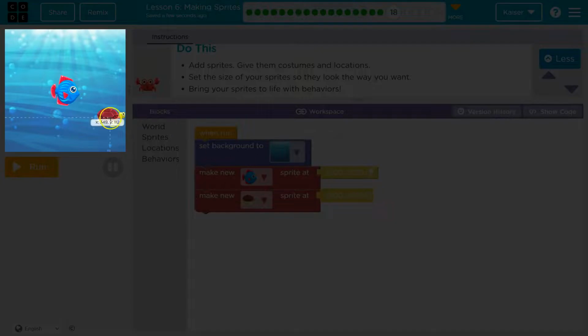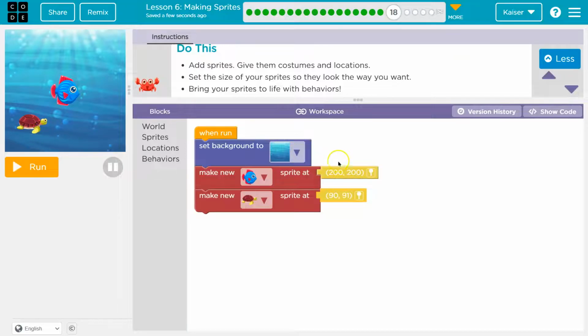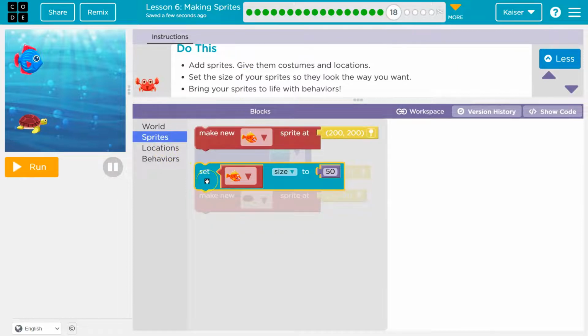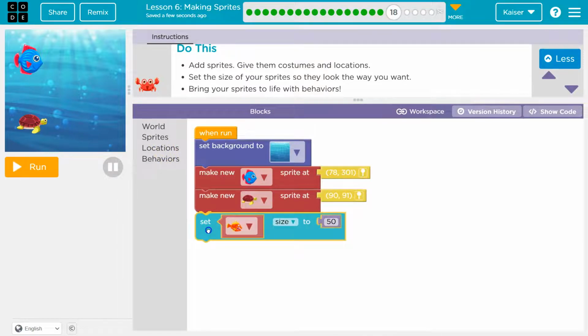So I click on this pen thing. We'll put you there. And the fish will be a bit... Hi, fish. Set the size and bring to life. Okay, so I'm going to go into sprites and notice set right here. Just make sure, like we always need to, that I always make my sprites at the top because code